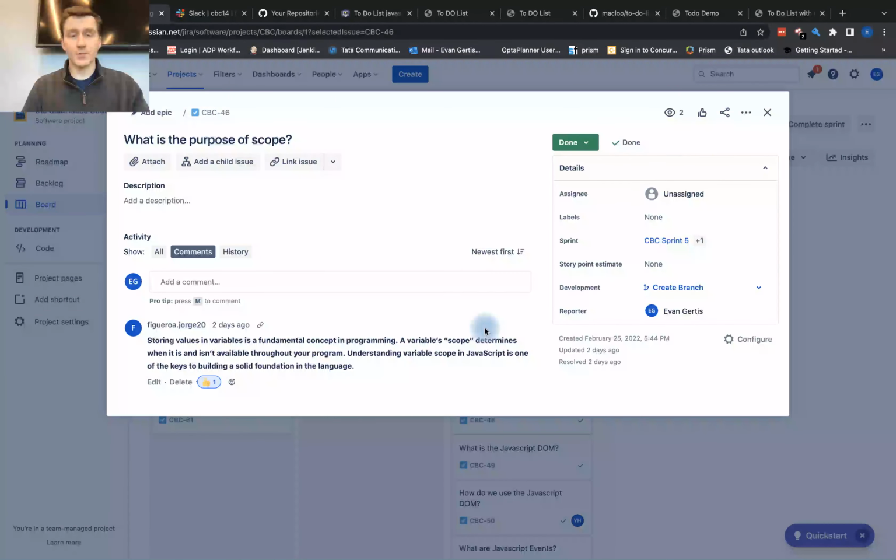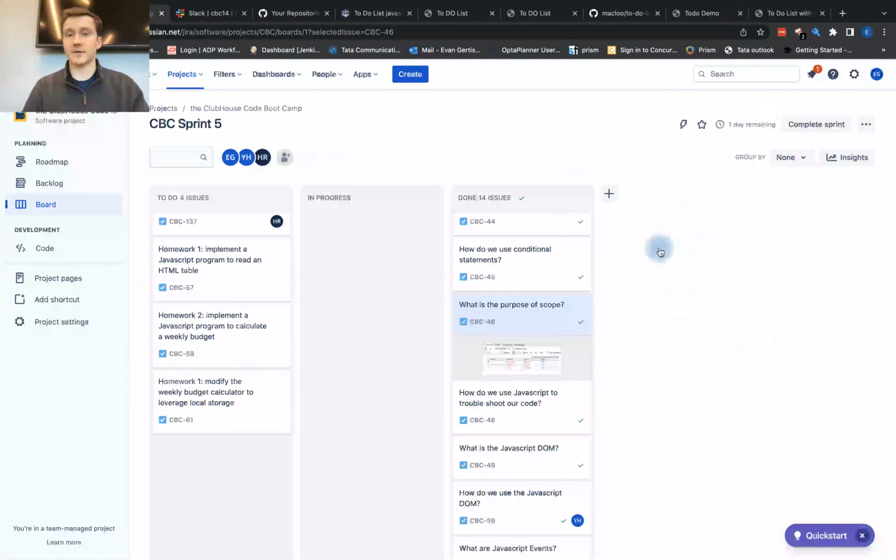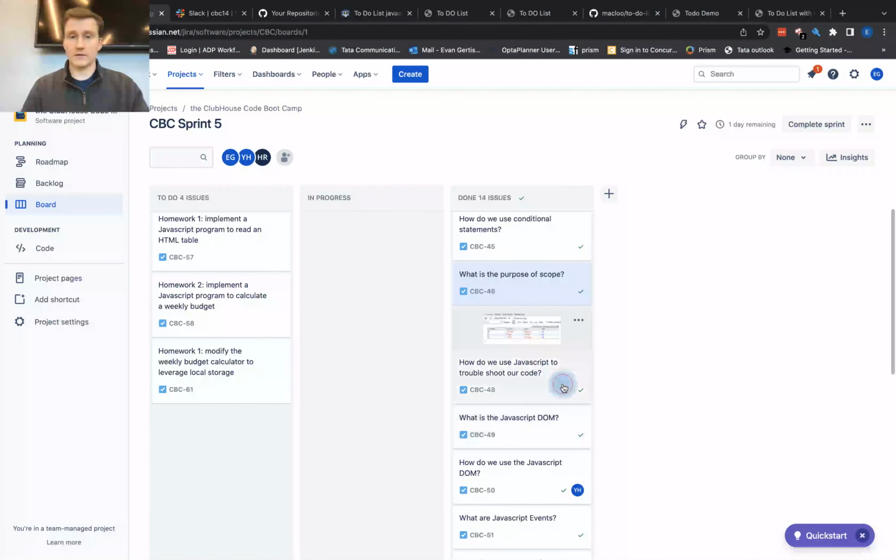Then we have, what is the purpose of scope, right? We want to understand how variables are being stored, why are we putting them in the order that we're putting them in, where are we accessing them in our code, right? And then